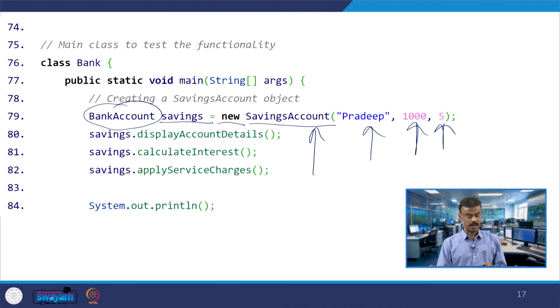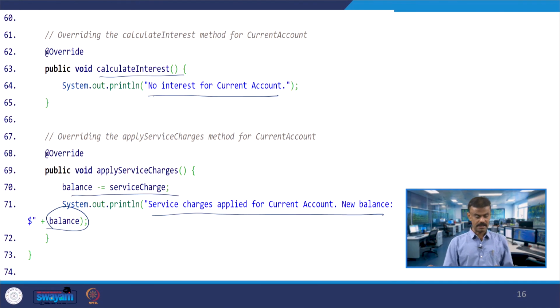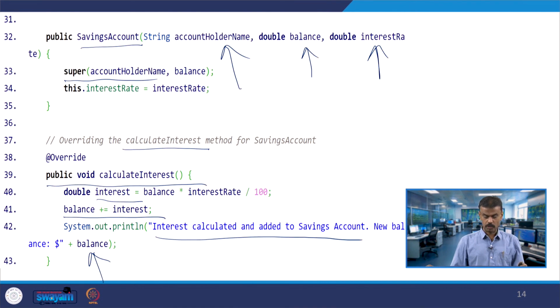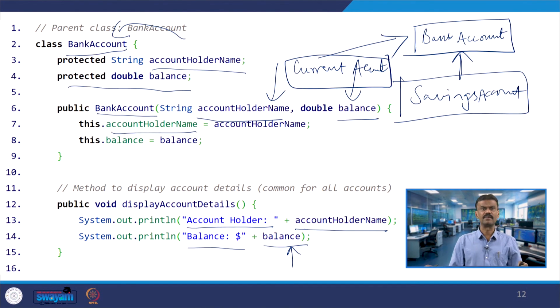Bank account, savings is under bank account, then it is casting to savings account. If you look at the class savings account, here you go. You are passing the account holder name, balance and interest, and then here the super will be called. That means the base class constructor will be called, in fact we have already studied this concept.